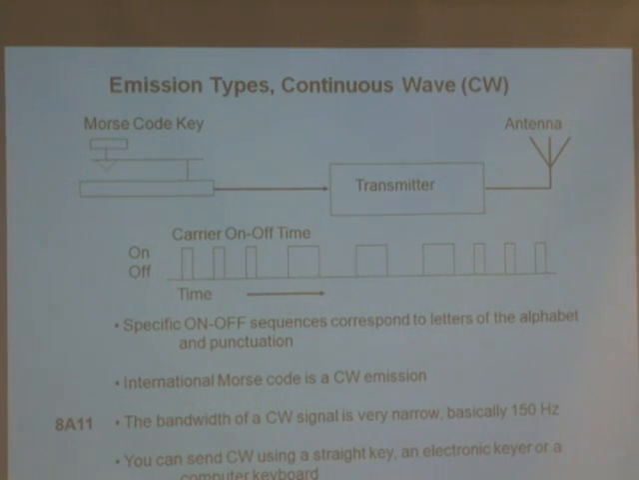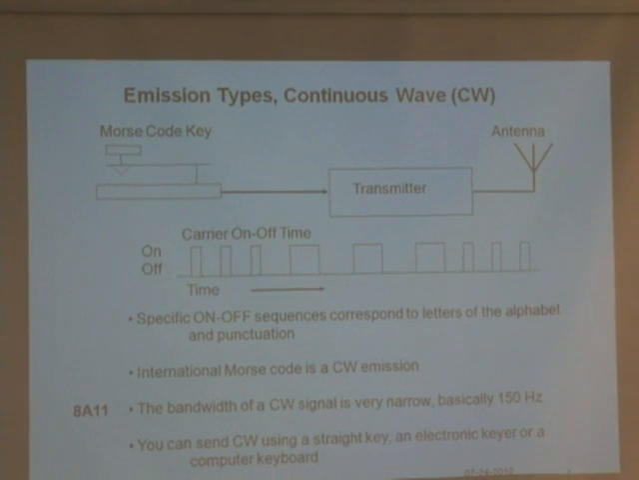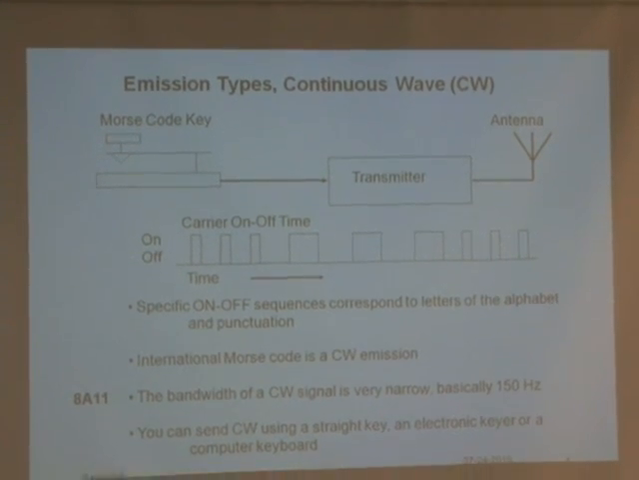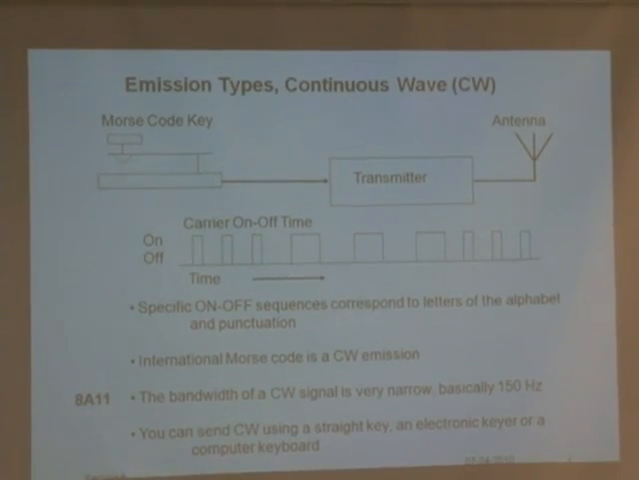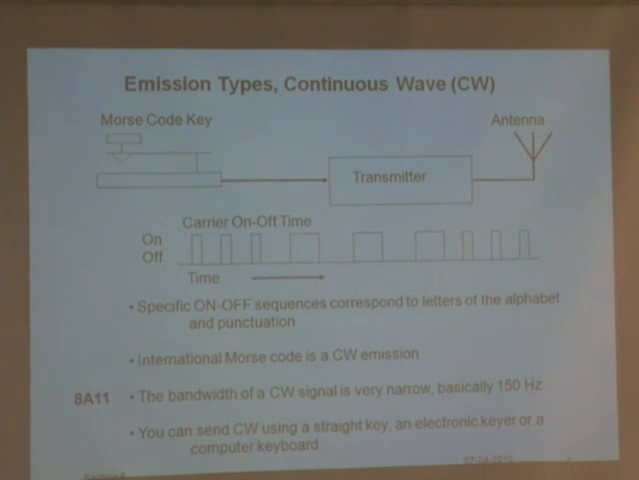Let's see how Morse code works. You plug this into the transmitter, and you set the transmitter to the Morse code mode. Now, what you're going to see here is the amount of power coming out of the antenna. So right now, there's no power. If I had this connected, there'd be no power. But when I do this,